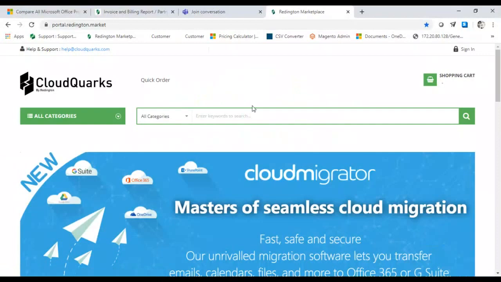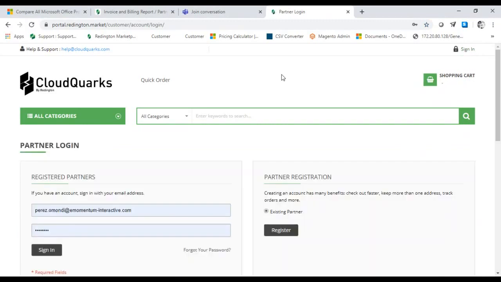So after you've discovered what license you need, you come to Redington, and same thing as before, we the salespeople are going to guide you on what to do next. So number one, let me just mention, for the partners who have not yet registered with Redington, or you're a partner and you still have not registered as a CSP partner, when you come to us, we will ask you, are you a Redington partner? If you're not a Redington partner, you will come to this site, which is the Redington